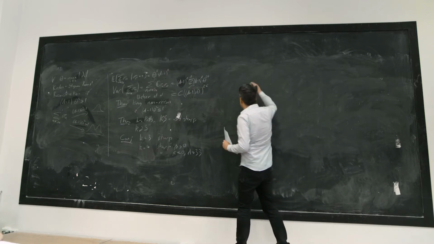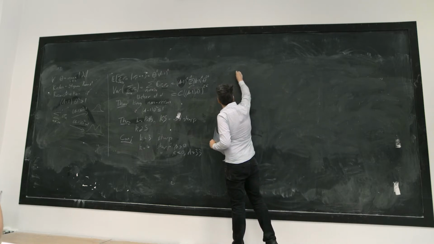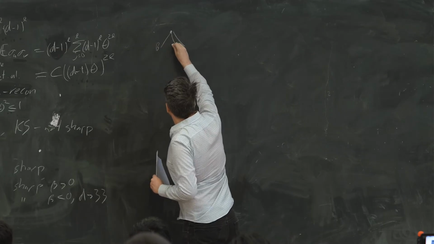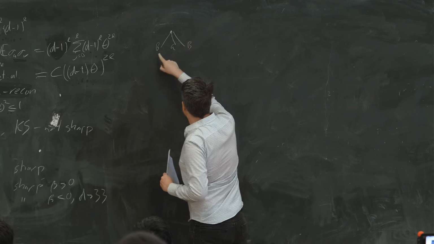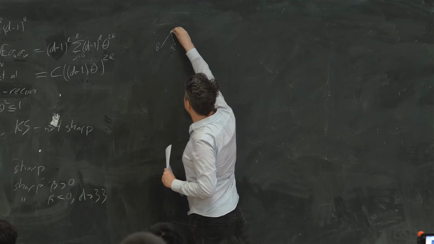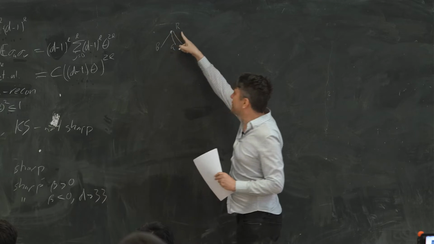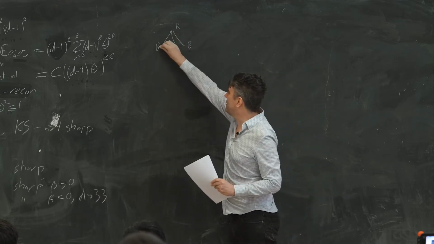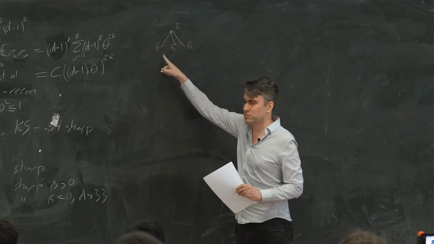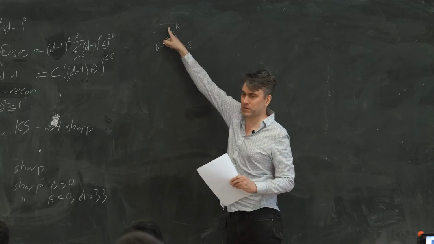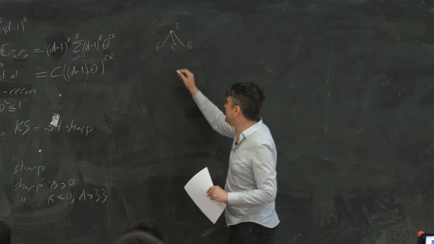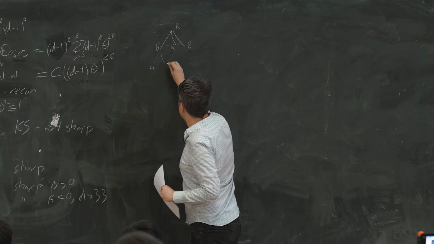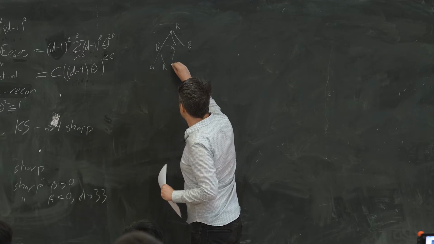Okay, so if it was at level 1, if we have 3 colors, let's say, and we see blue, green, blue here, then the root has to be red. So in this case, level L or level 1 would tell us exactly what the value of the root is. And if it looked like red, blue,